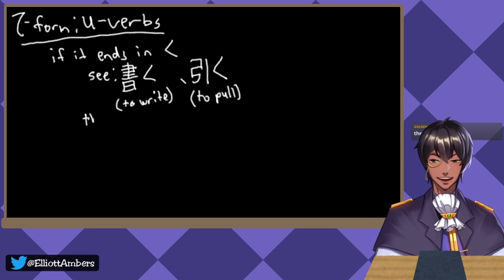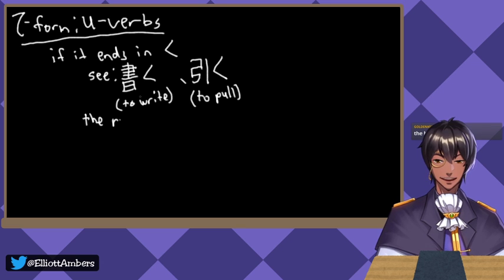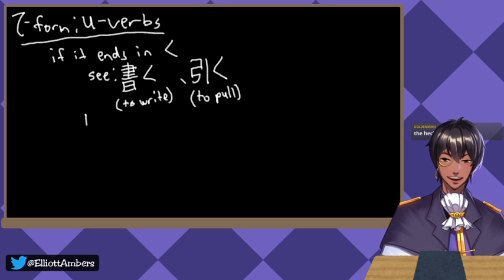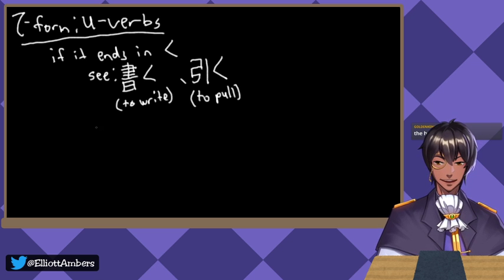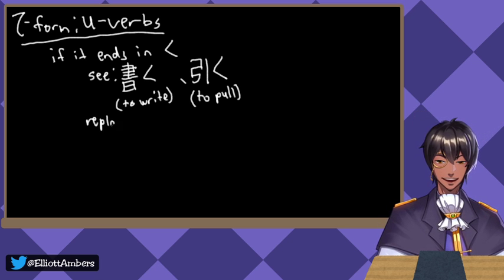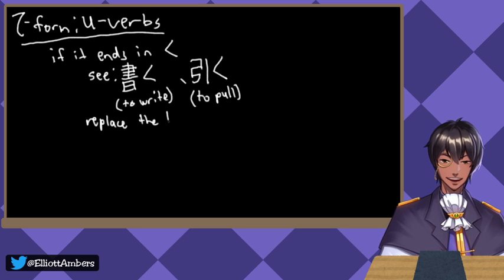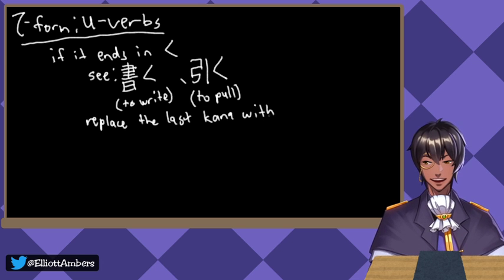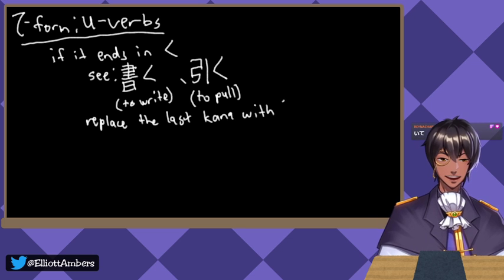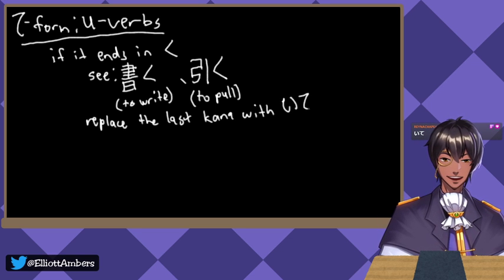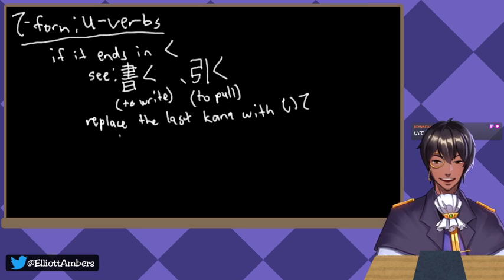The rule, actually, I don't know why I wrote the rule when I didn't write that for any of the other ones. You replace the last kana with, not just add a te on the end, or not just replace the te. It's actually ite. Nice. So kaku, to write, becomes